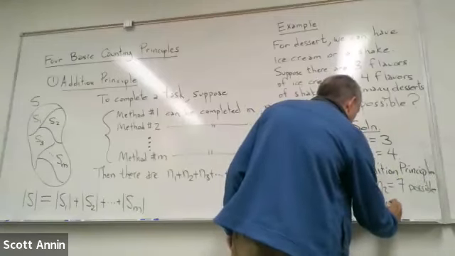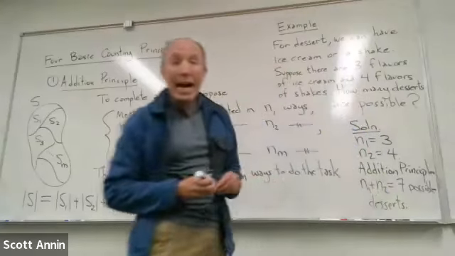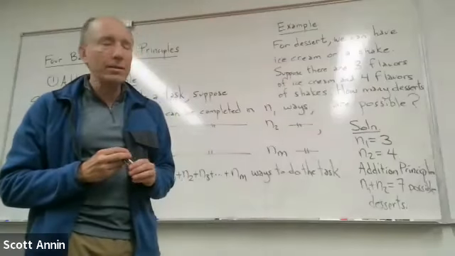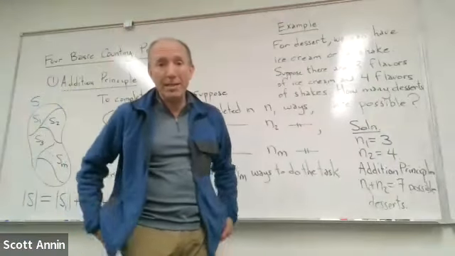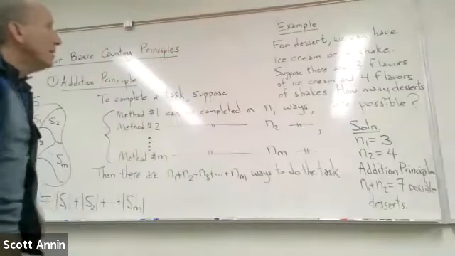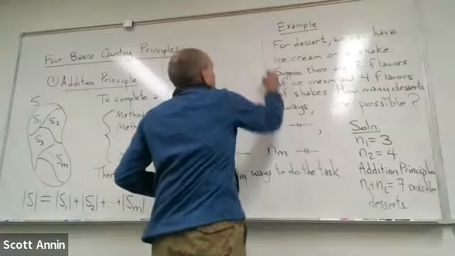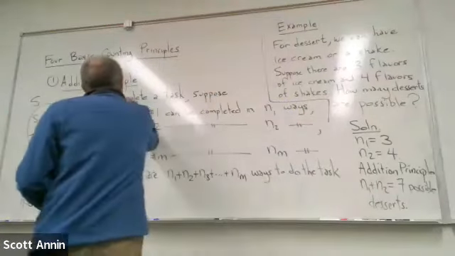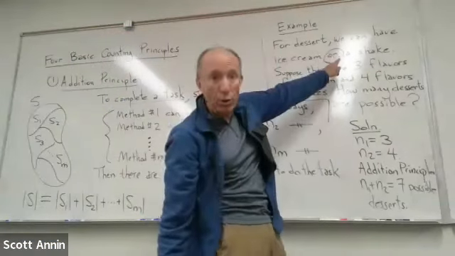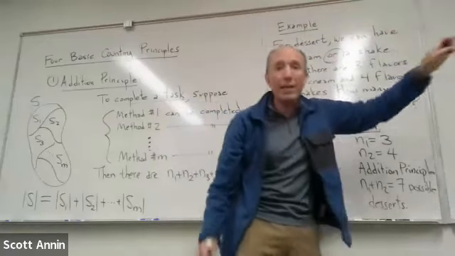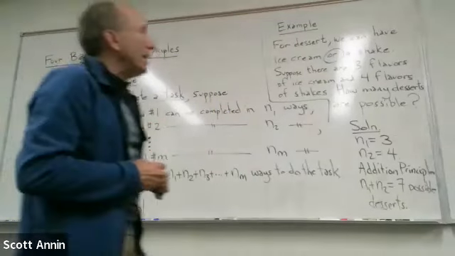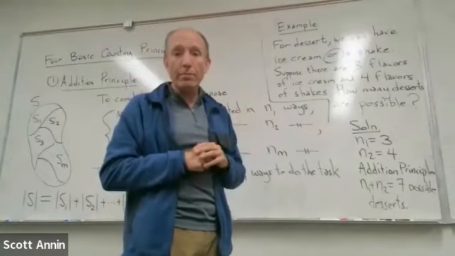Okay, so this is the situation where we have one task to complete and there's multiple different ways of completing that task. And we just simply add them all up. This is the addition principle. And this is what we would apply, for example, when we have a problem like this, where there's a task that we have more than one choice. So there's an or here. We're choosing ice cream or a shake, choosing just one of those,